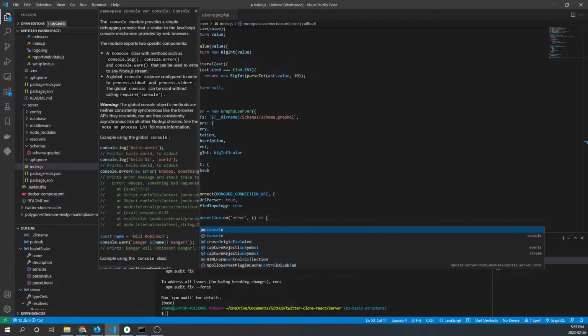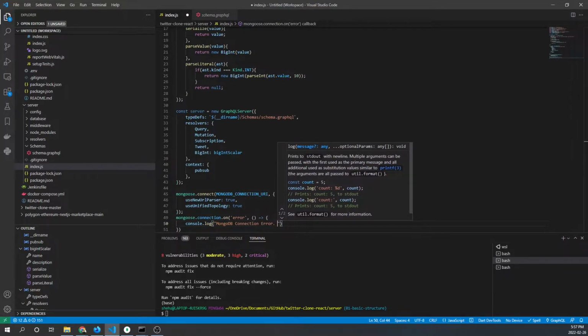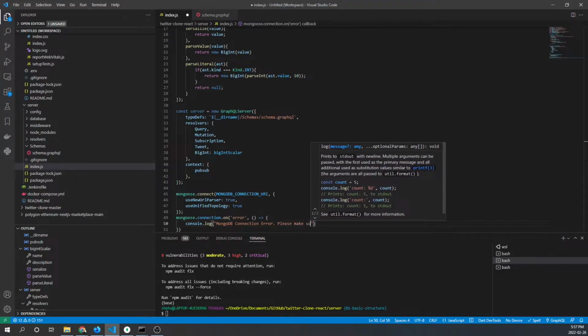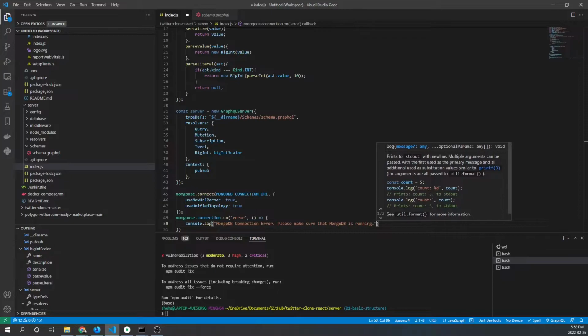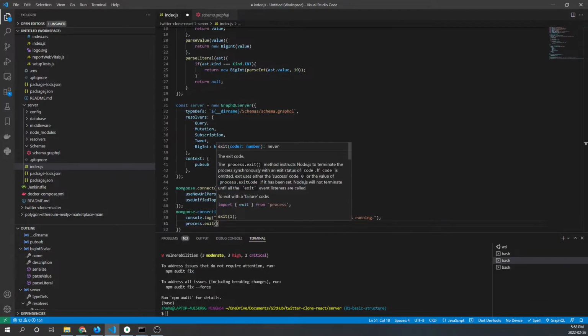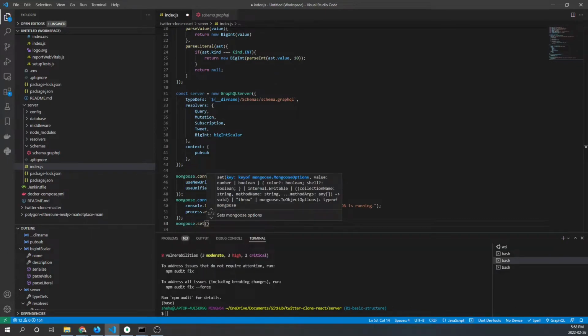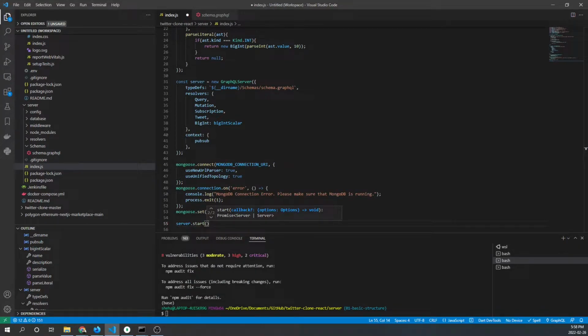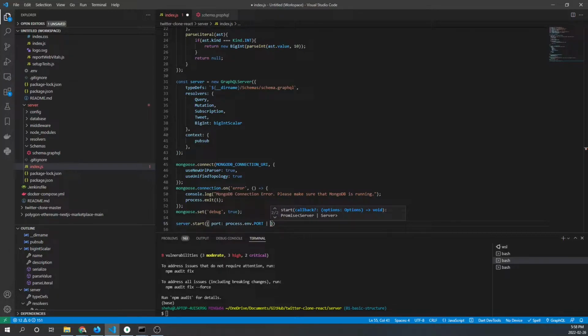And now we're defining an error condition. So in case this MongoDB connection errors out, here's what we need to do. So make sure that MongoDB is running. Process set. Set server start. And now we're telling the server to start